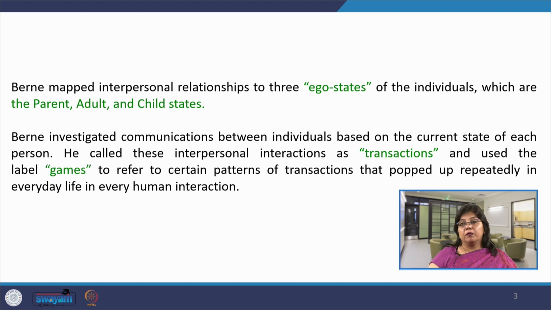Whenever we are at workplaces, for example, and we interact with co-workers, the other co-worker will repeatedly pop up with some different and stable pattern of conversation. It can be very polite, it can be very erratic, or sometimes very conflicting as well. This is all influenced by the inner dialogue going on in an individual's mind, and he will pop up in day to day life in a similar fashion. So, basically Eric Berne has talked about transactions as interactions between two people, and the direction in which the transaction moves on is known as the label.